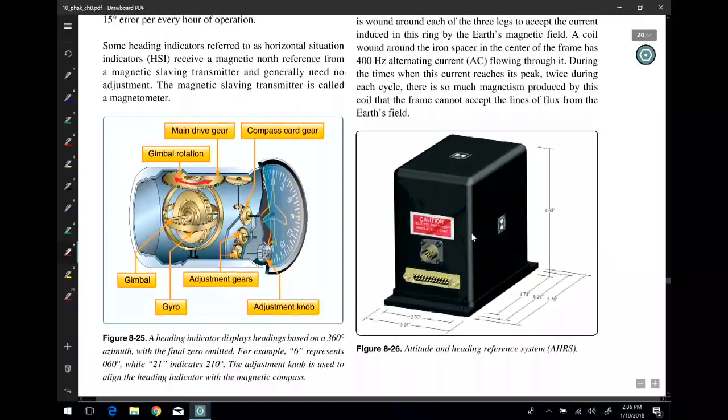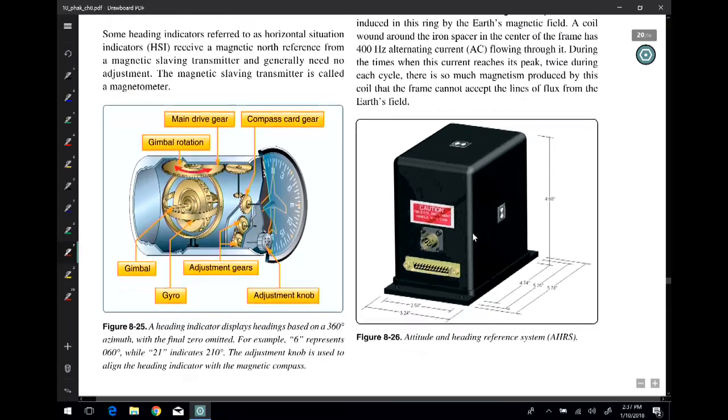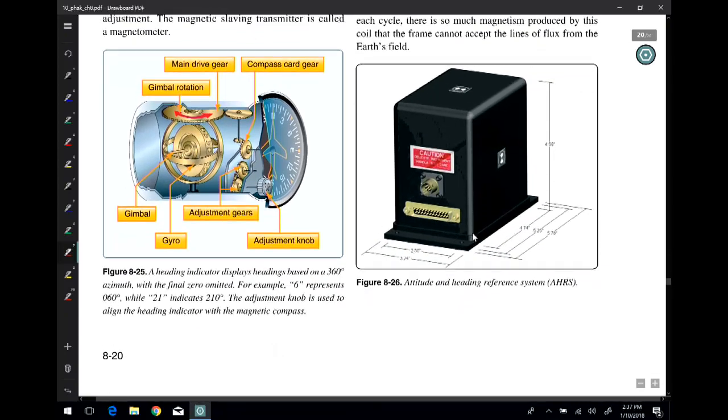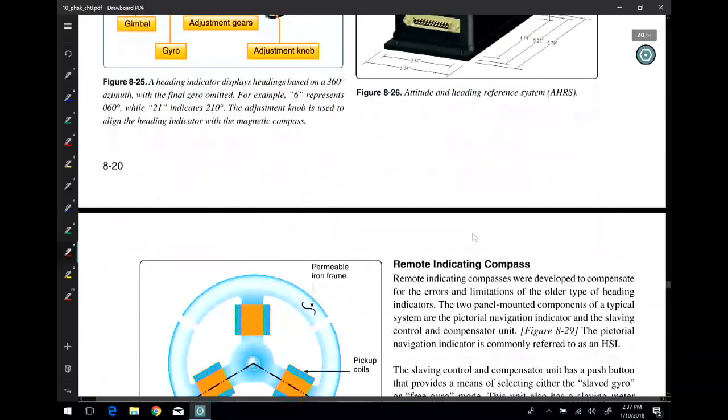Inside this attitude heading and reference system, this is that box that I was telling you about. This is that box that drives your G1000 or your glass cockpit. Inside are all of those different little mechanisms that feel the movement around that aircraft. And so these things, they are electronic, they're solid state, they're pretty reliable, but they can fail. In fact,